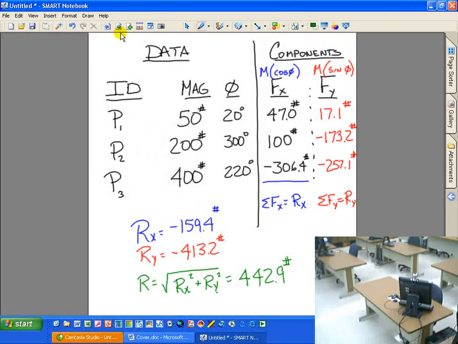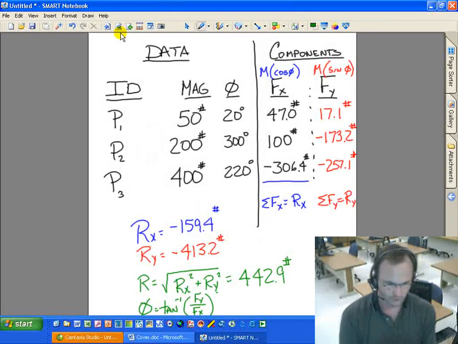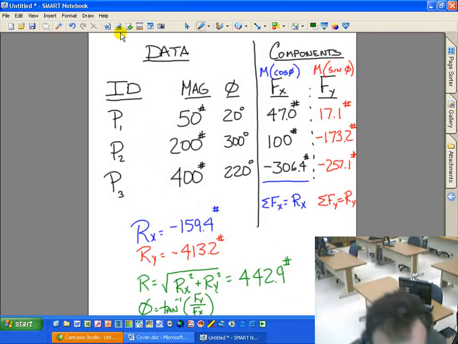So if we say phi is equal to the inverse tangent of Fy over Fx, so Fy is 413.2 divided by 159.4, then inverse tangent, and that tells me it's